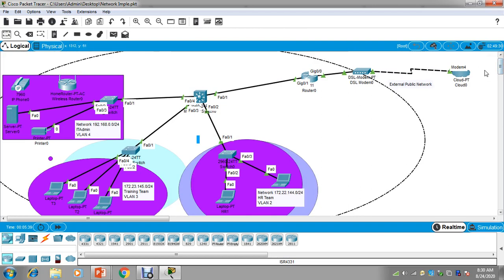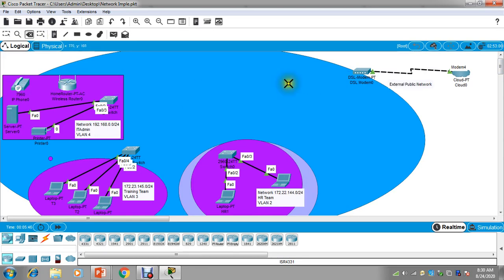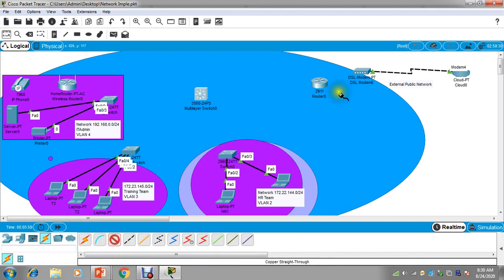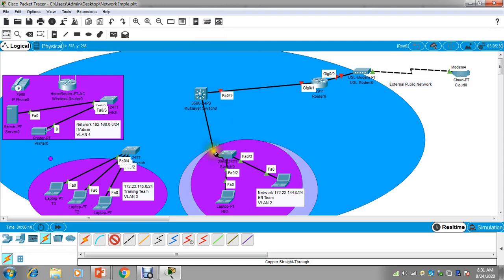So I will take two fresh router and switch here, just to avoid any confusion. And this L3 switch. So what you have to do, you just need to connect this now. This router 00, you can connect this side, and from this side, first port here, and second port to this switch,